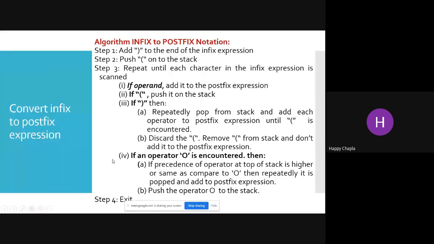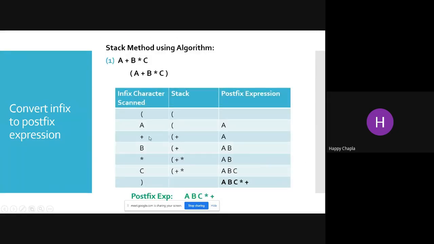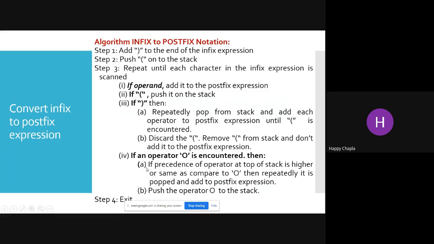Done. Now, if an operator O is encountered, say the plus operator, what do you need to do? If the precedence of the operator at the top of the stack is higher or the same as the incoming operator, then repeatedly pop it and add it to the postfix expression.